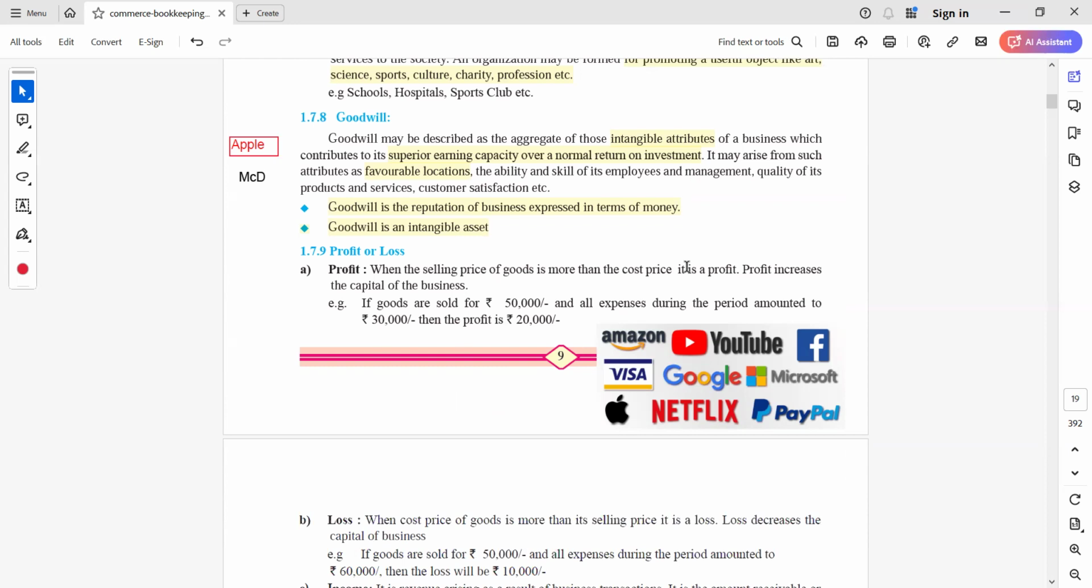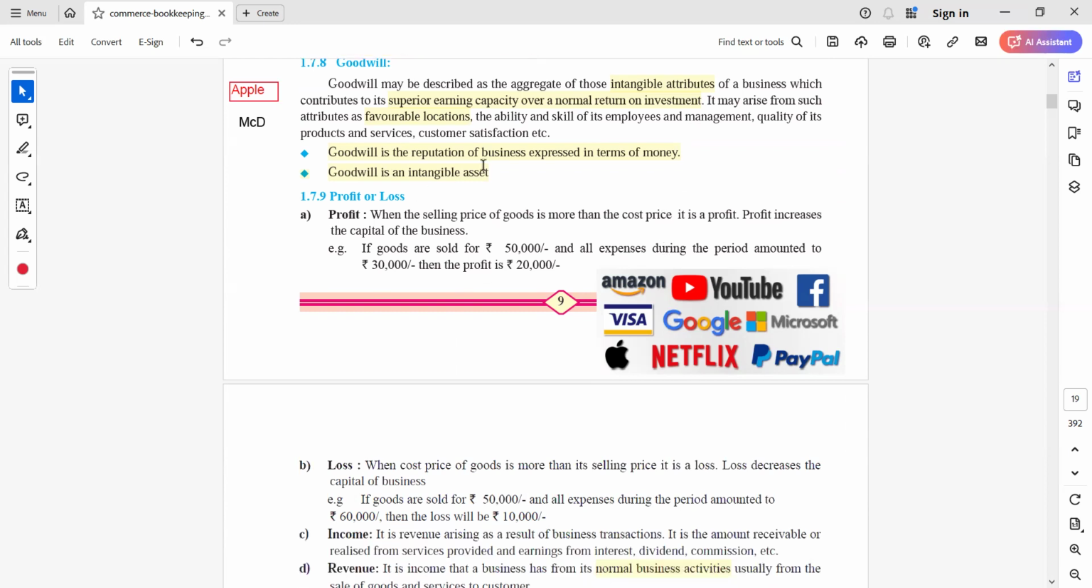Profit and loss. When the selling price of the good is more than the cost price, it is a profit. Profit increases the capital of the business. ठीक, वो रिजर्व में जाके बैठता है प्रॉफिट। आपको समझ में आया कि समझो बिजनेस